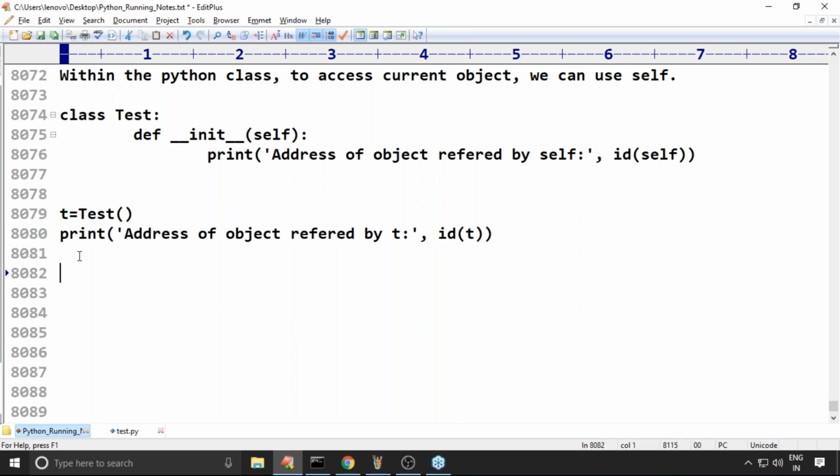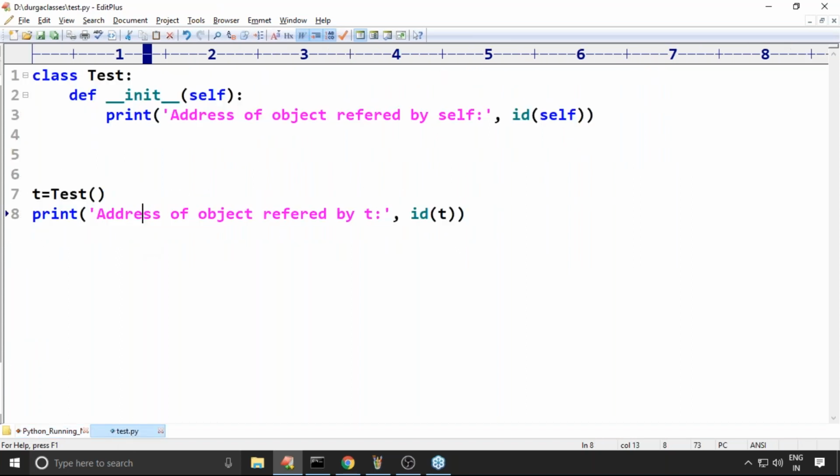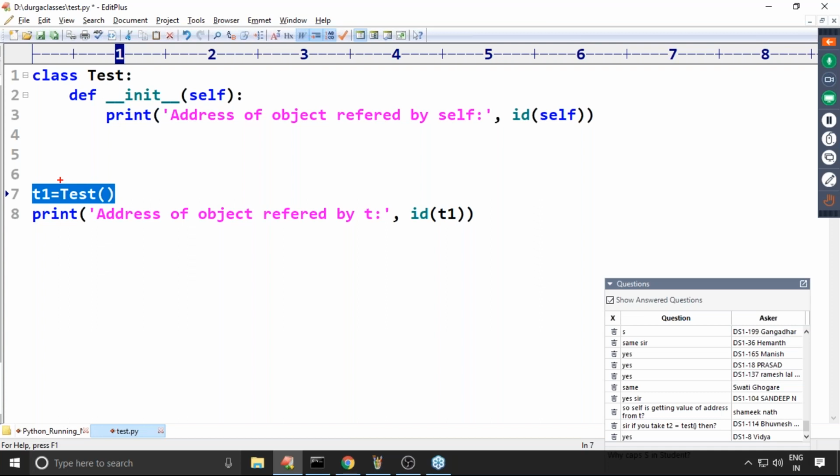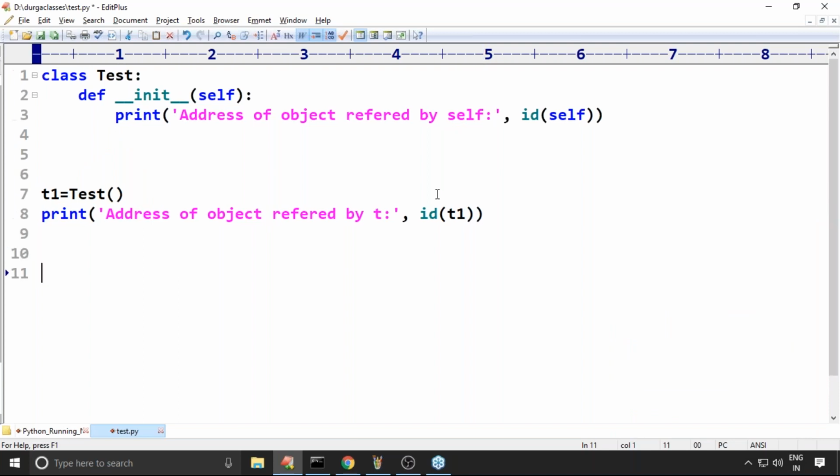Okay, now observe. Sir, if you take T2 is equal to test. One minute. There are some students asking T1 is equal to test, ID of T1. So while executing this line, the constructor will execute. So self is always pointing to the T1 object. Like tomorrow, if I'm creating T2 is equal to test, while executing this one,